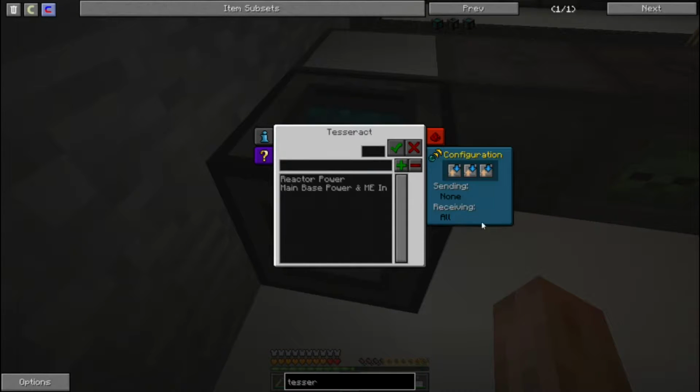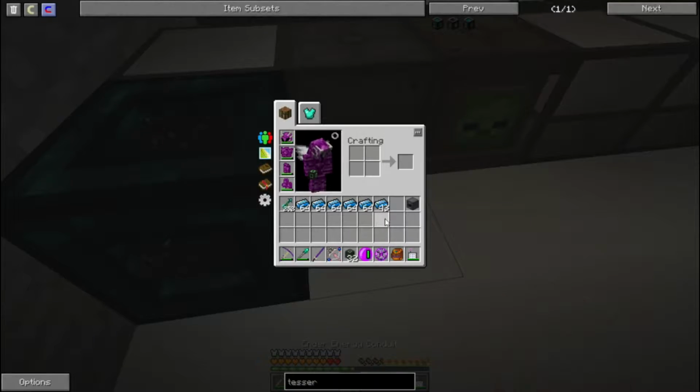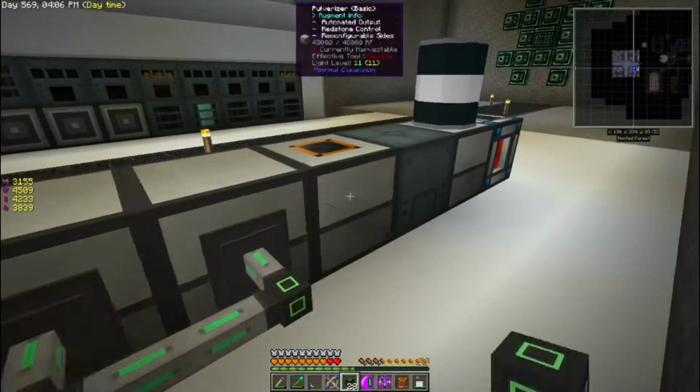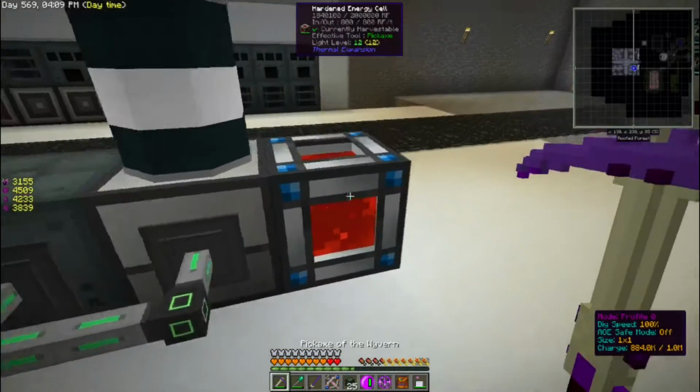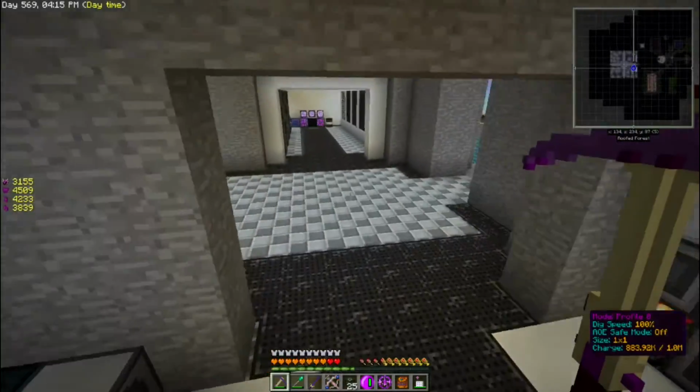So we will do blocked, and receiving energy. Yes, that's what we want. We want it on this channel. Thank you very much. And we want to run this energy conduit right down through here. Thank you very much. Okay, that is in. And this should now be all powered up. Very good, very good. Okay, so